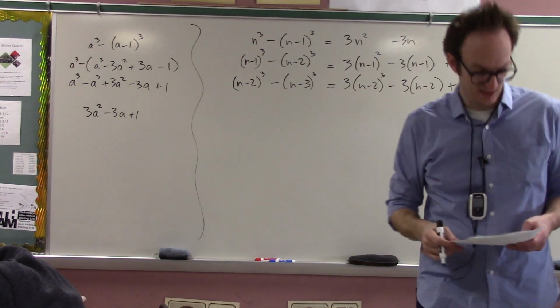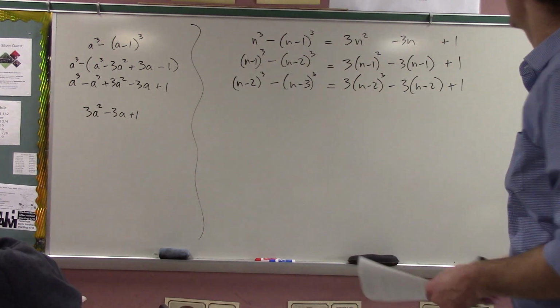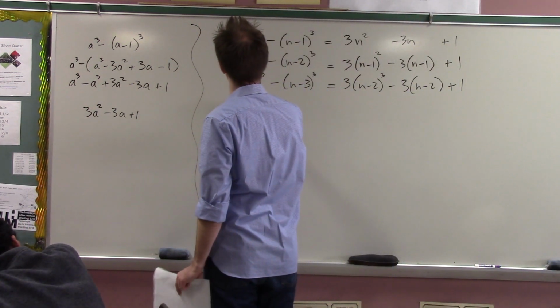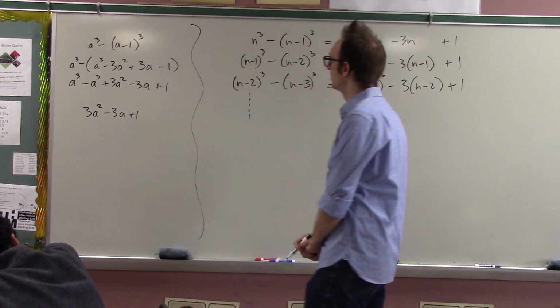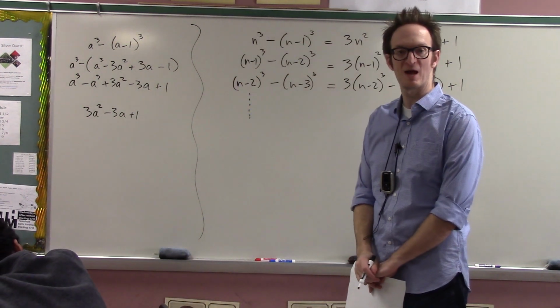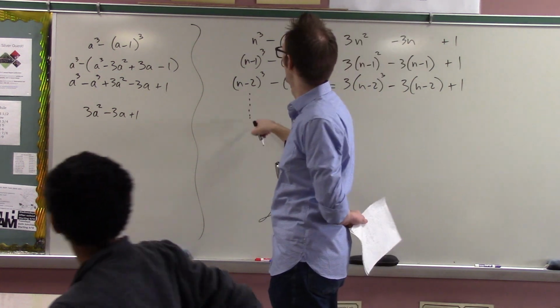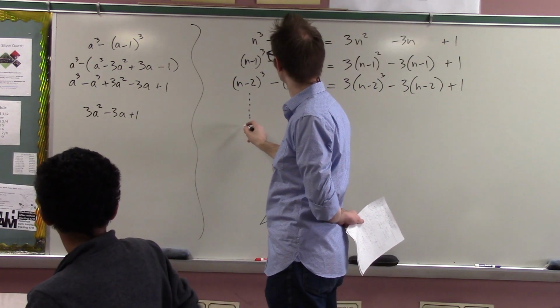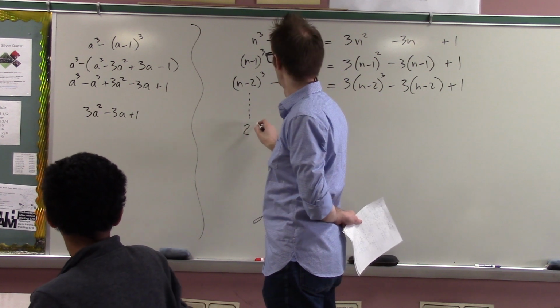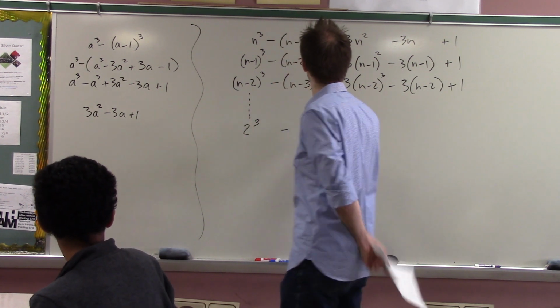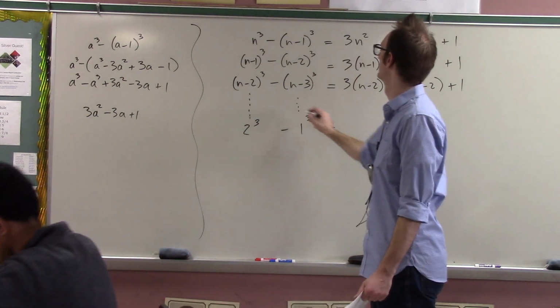Okay, and let's skip down to, I don't know, most of the way down, till we get to... it's going to keep going down, down, down, down. So let's do when A is 2. When A is 2, what do we get? 2 cubed minus 1 cubed, don't simplify, is